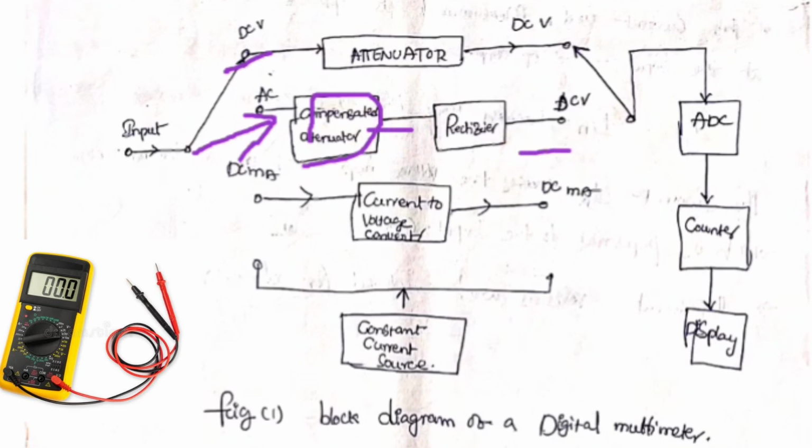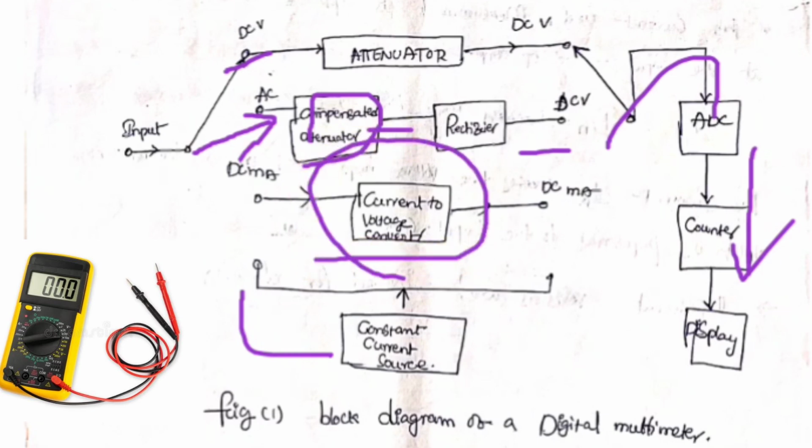Again the principle is the same. Whatever input voltage we give, AC or DC, it will be converted into DC only. That DC is given to the analog to digital converter. Again the DVM principle is used. Similarly, the digital multimeter works. Suppose you want to measure resistance, a constant current source will be connected. If you want to measure milliamps, a current to voltage converter will be connected inside the multimeter. By changing the knob of the multimeter, many circuits are altered inside. That is the basic digital multimeter.